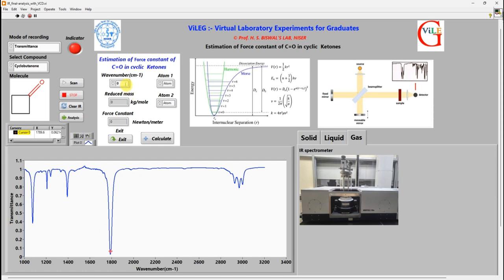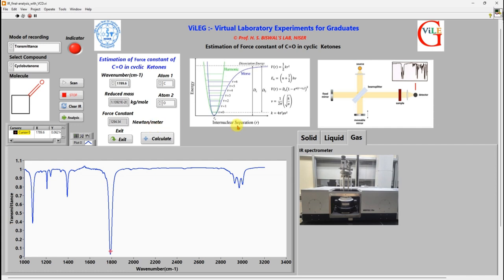For that, we have to put in the stretching frequency, that is 1789.6 centimeter inverse. Then we have to select the atoms. Here atom 1 is carbon, and let's choose atom 2, which is oxygen. And then when we press calculate, we can see that the force constant is